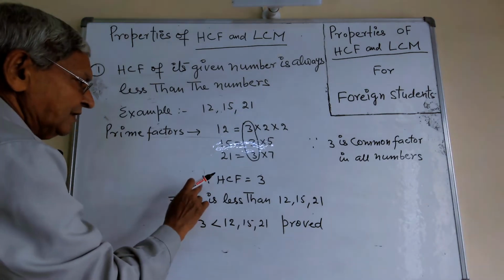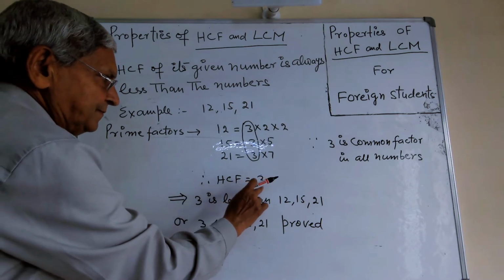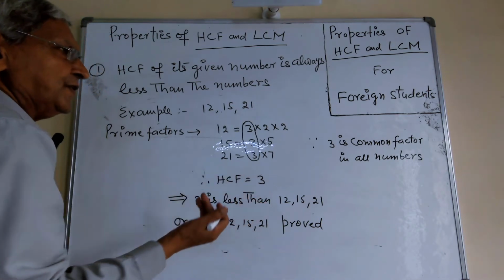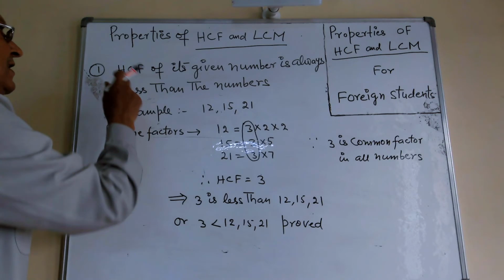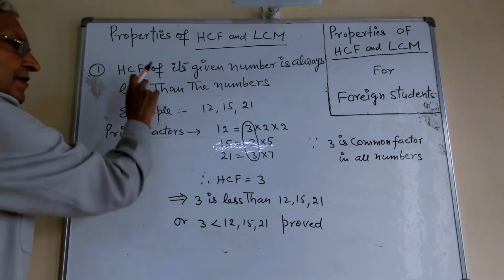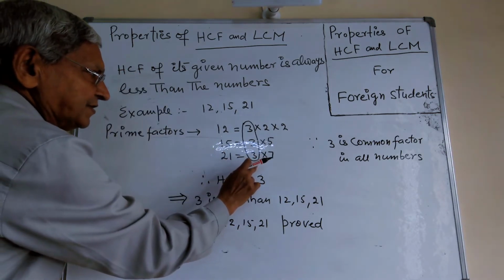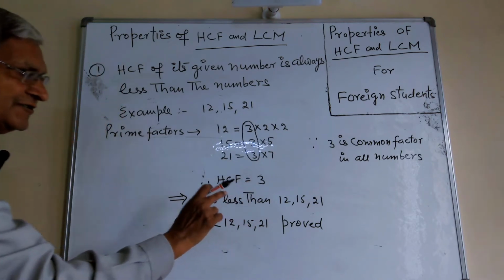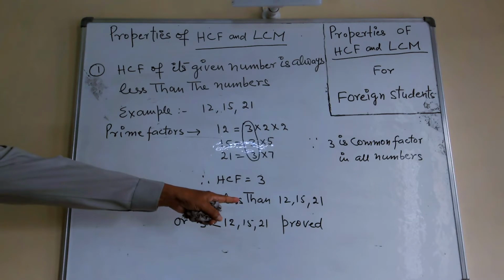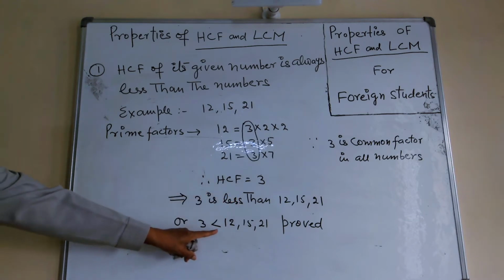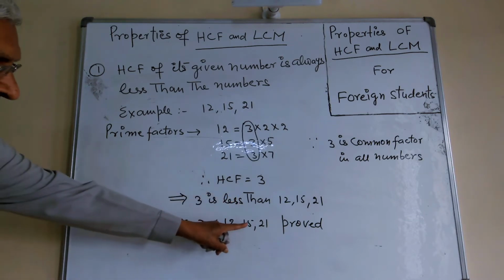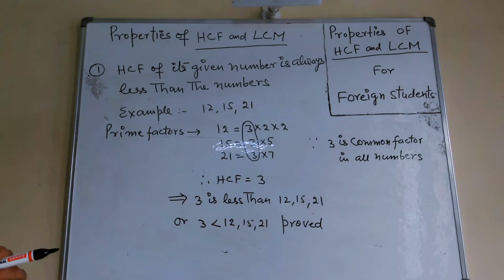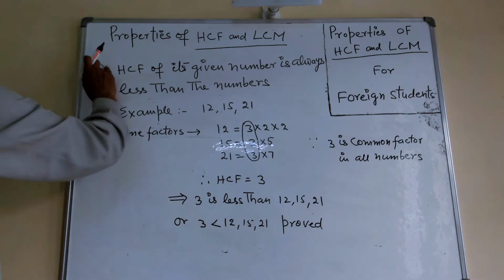And therefore, the HCF is equal to 3 because the highest common factor is the HCF. So therefore HCF is 3 and 3 is less than all these numbers. You can see 3 is less than 12, 3 is less than 15 and 21. Second property,